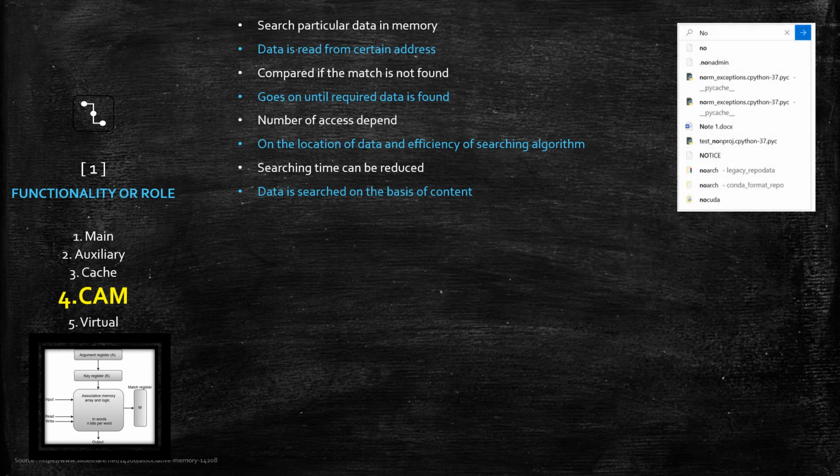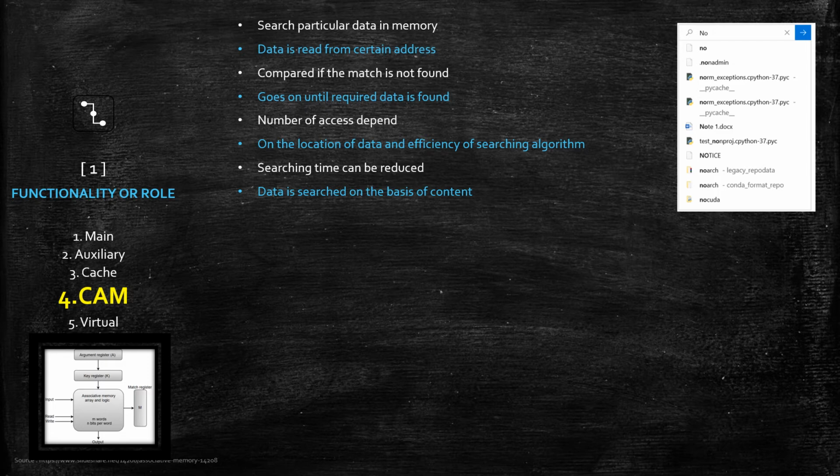See, here in the image, I have searched for NO. So NO is my tag, right? I don't know where my NO is, or which file I'm looking for, or where my file is stored. In that case, we simply type the text in the search box, and it will list out all the content, all the files which contain this word, and from the list we normally pick our file.